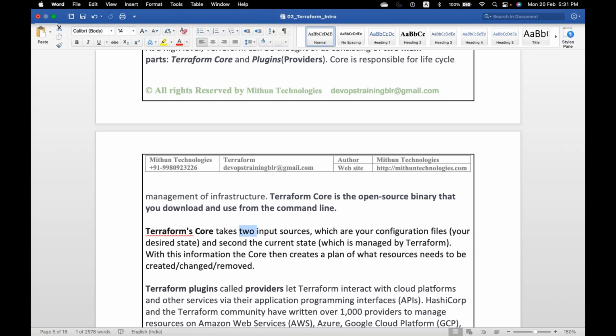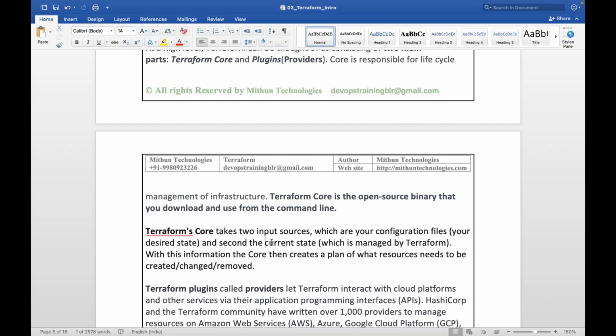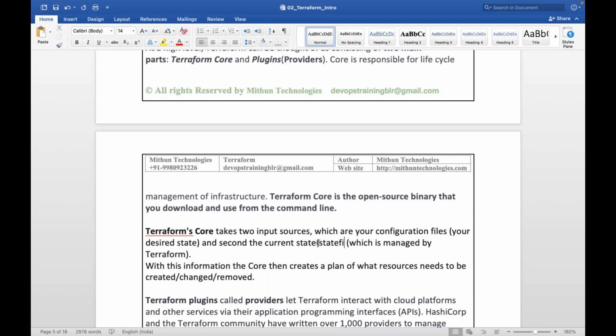And the second is the current state, basically the state file.